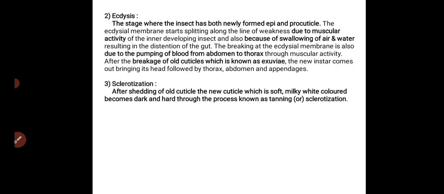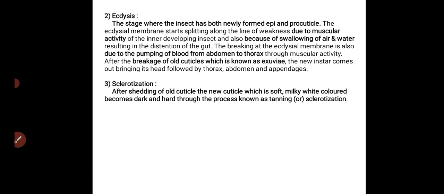After that, ecdysis, the stage where the insect has both newly formed epicuticle and procuticle. The ecdysial membrane starts splitting along the line of weakness due to muscular activity of the inner developing insect and also because of the swallowing of air and water, resulting in distension of the gut. The breaking of the ecdysial membrane is also due to the pumping of blood from the abdomen to the thorax